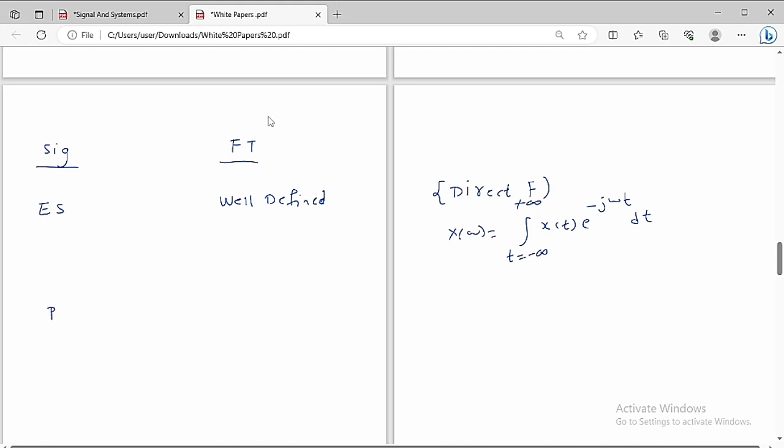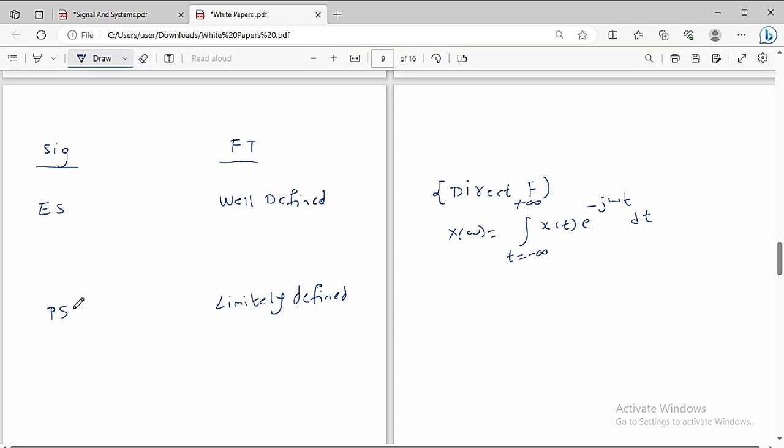Suppose a given signal is a power signal, meaning it is not absolutely integrable. Then the Fourier transform is called a limitedly defined Fourier transform, meaning it is not defined for certain values of omega. If you substitute those values of omega, it tends to infinity. Defined means you get a finite value, undefined means you get an infinite value. Limitedly defined means only a certain range of omega is defined, but another range is not, meaning it tends to infinity. Then we cannot use the direct formula to get the Fourier transform for these power signals, but we have to use